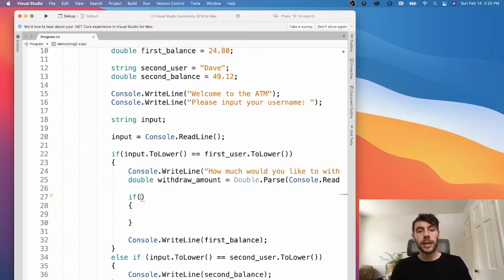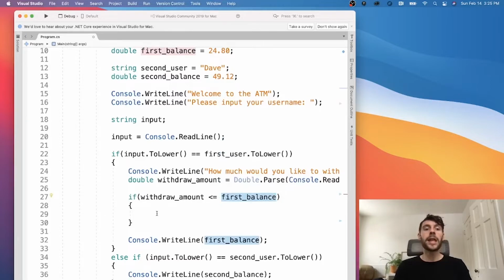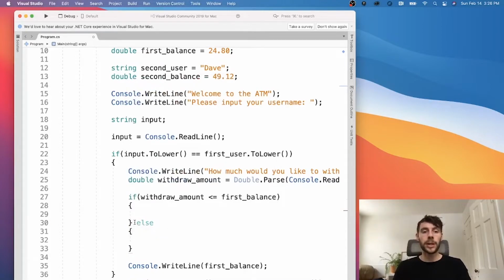So I'm going to say if our withdraw amount is less than or equal to our first balance, then we're going to do what's inside of this if statement. If this is not true, then we'll do something else. So I'll create an else. We'll do something else down here if this is not true. If this is true,